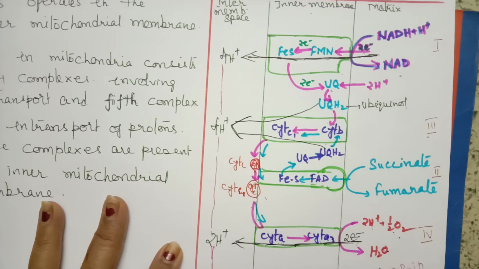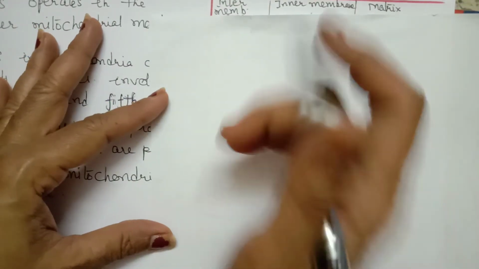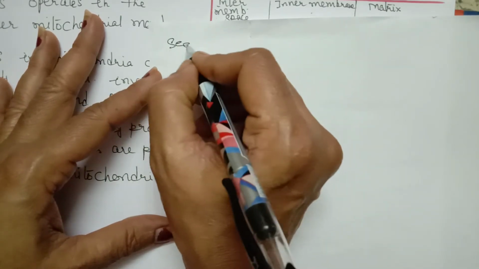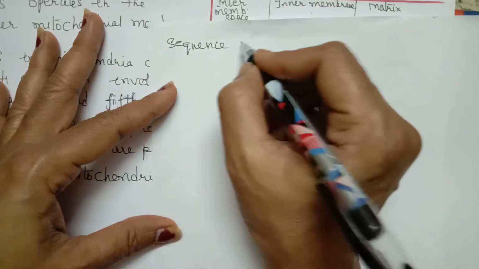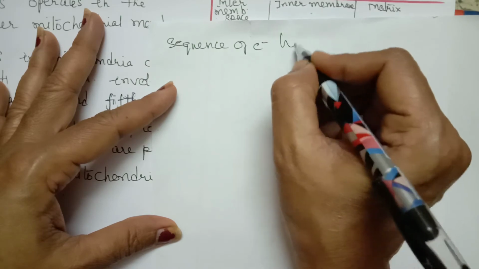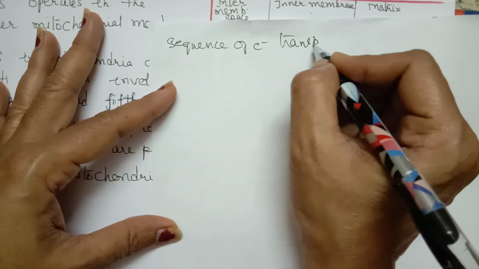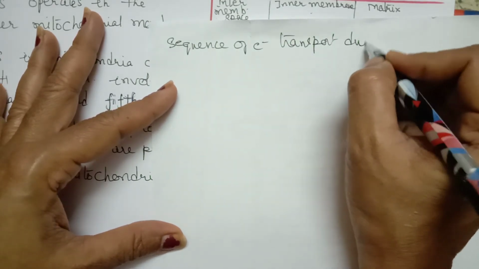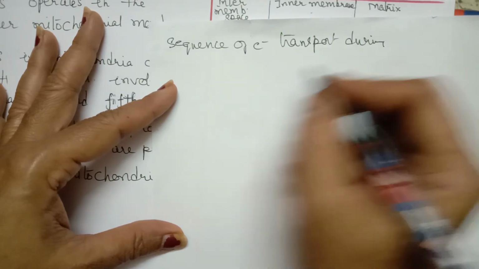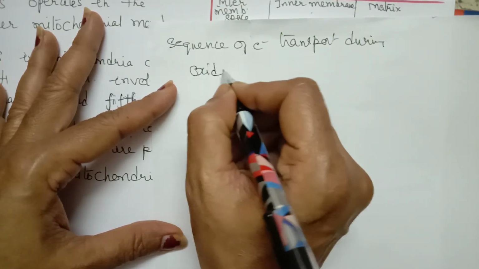The same thing, I am going to write the sequence and tell you what is the sequence of the electron transport, so that will make your work more easy. So let me write the sequence here. So what is it here? This is the sequence of electron transport during oxidation of